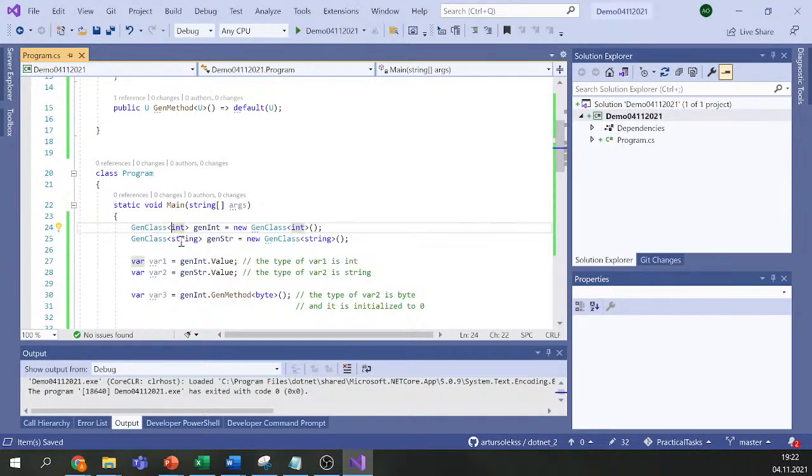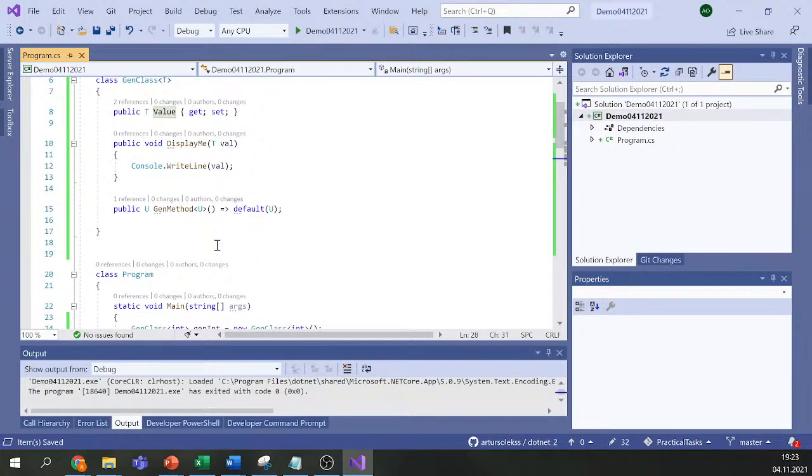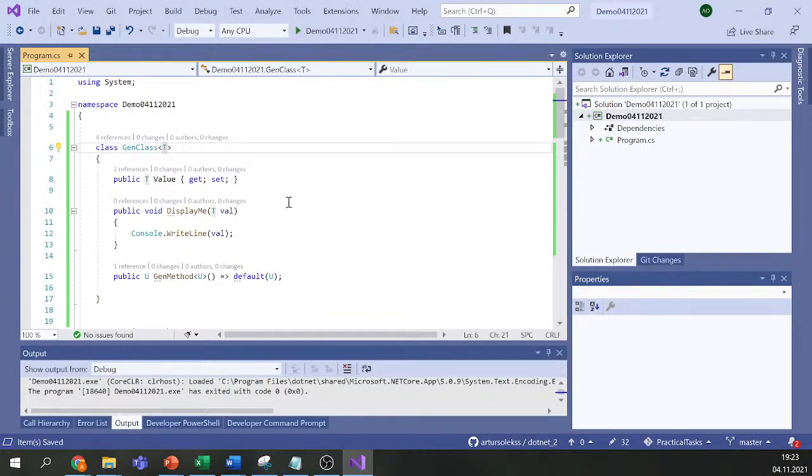And then in this case, we say that for this particular variable, for this particular object, which is created here, T will be string. So again, why do we need it? In this simple case, we could simply use the object type, and an object type would be acceptable, but the difference is that object variables can have values with different types assigned to them, and sometimes that may not be acceptable. Usually what we do is we say that T has some parameters. For example, we say that T implements